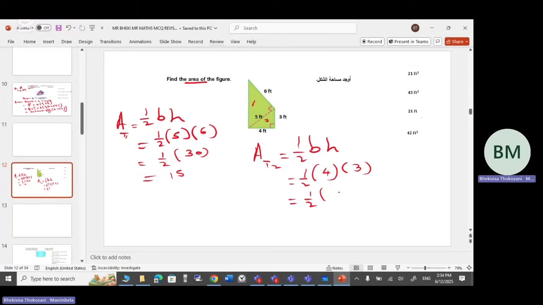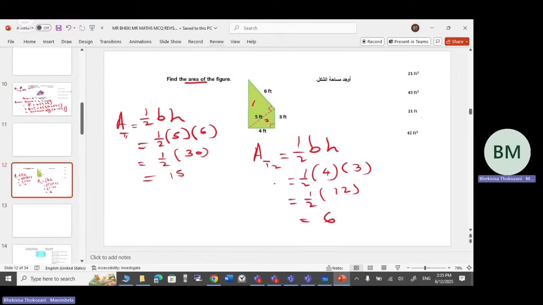4 times 3 will give us what? What is 4 times 3? It is 12. Right? So that's 12. And what is half of 12? Half of 12 is 6. Then